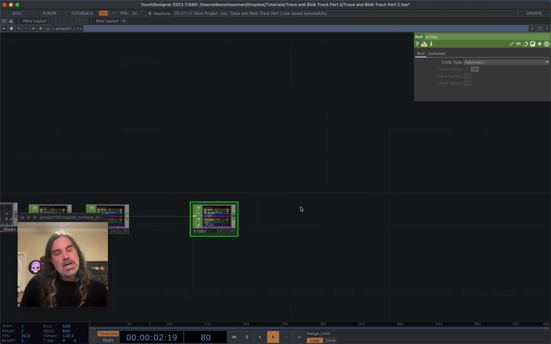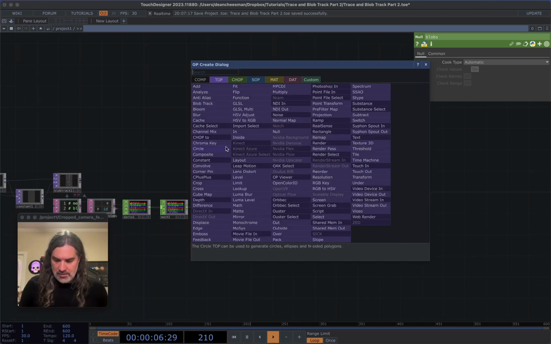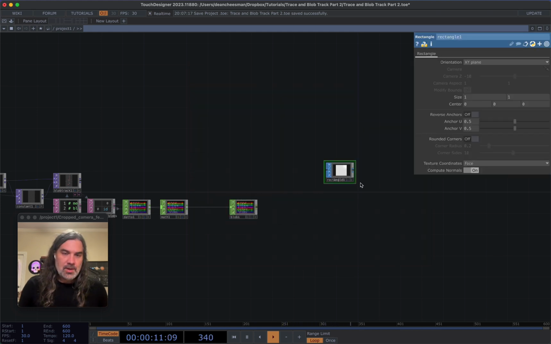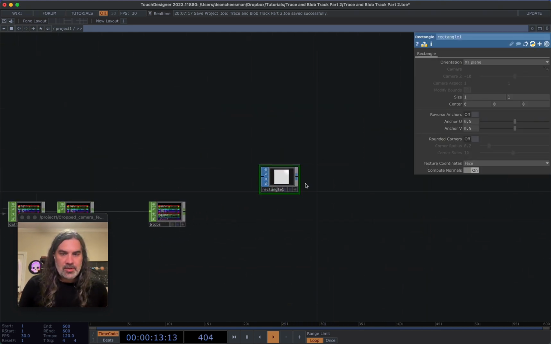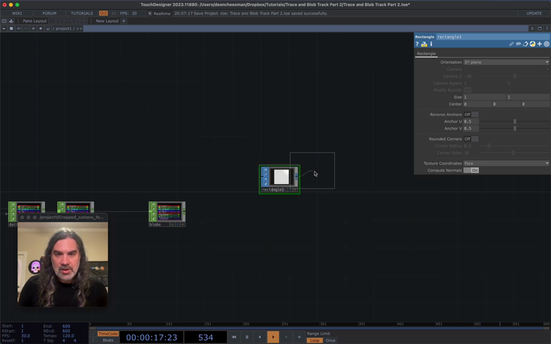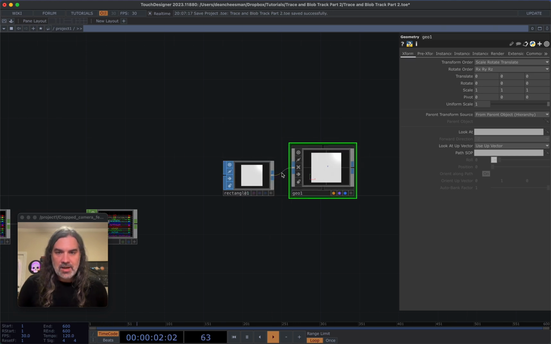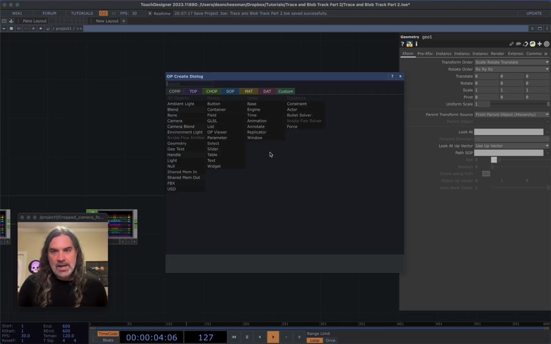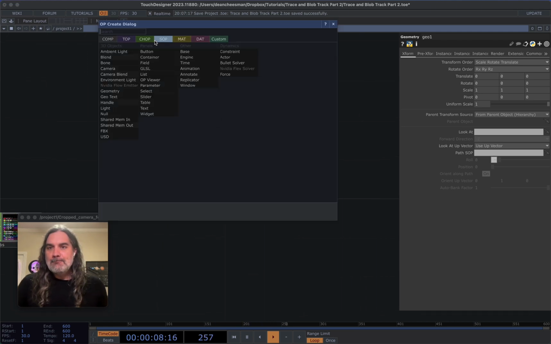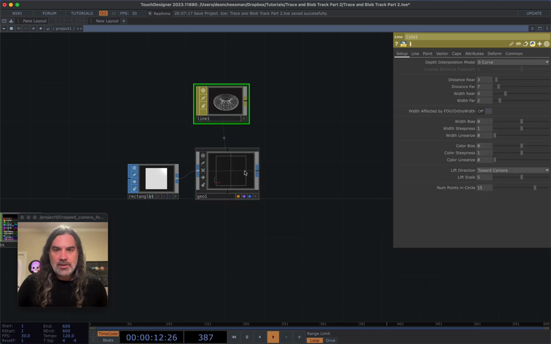Okay, let's go ahead and build our render network here. I'm going to use the rectangle SOP, not top. Rectangle SOP. I'm going to drag out and hit tab to get my geometry and make this connection. This is something a lot of people ask me for. If you drag out from a SOP first and then hit tab to add the geo, it'll automatically give you this input here. Then for the material, I'm going to go with a line, drag it on top,